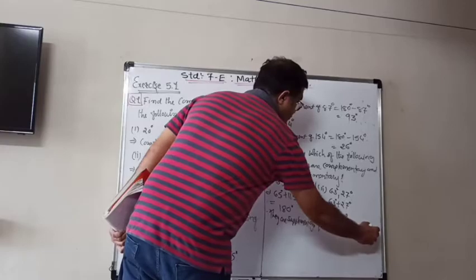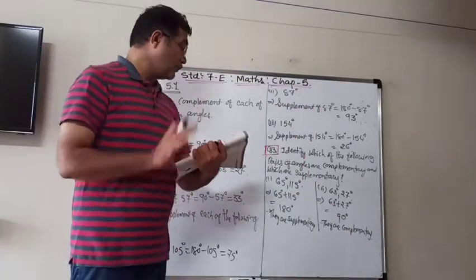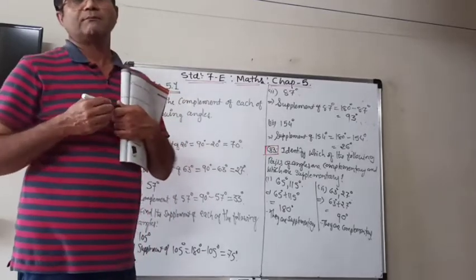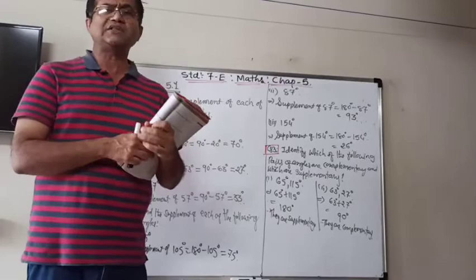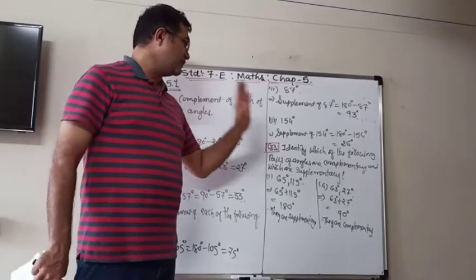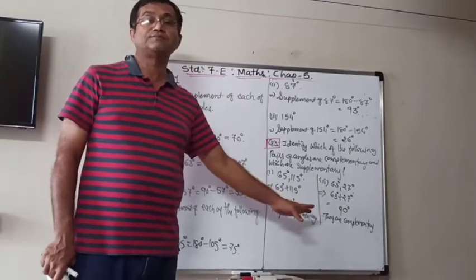And then another 4 pairs are also there, but they are very simple, you just have to add. So I think you can do it yourself. So I am leaving that for yourself as homework.